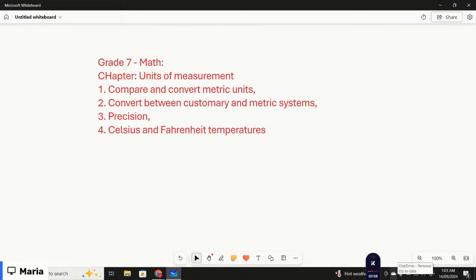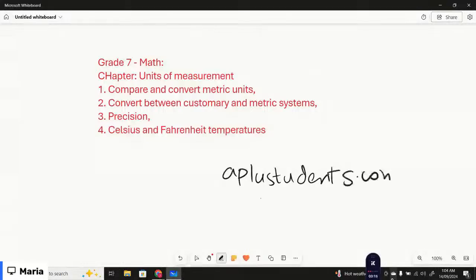You can find all the lessons on applestudents.com. You have to log in there using your email address, and the password is provided by the administrator. Then you have to select math from the subject tab. Scroll down to grade 7 math and then click on view all lessons. There you can find a list of the chapters. We're going to start with the chapter